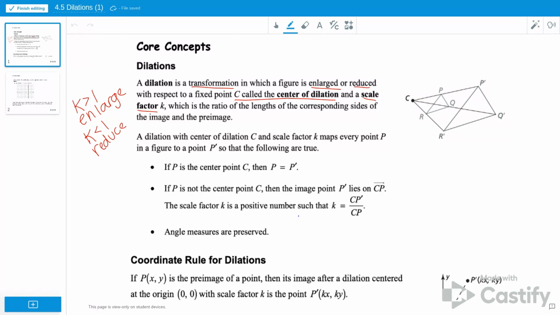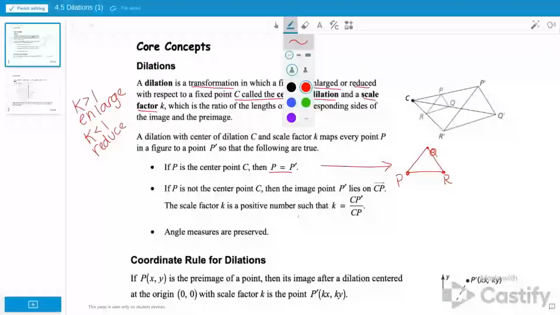So a dilation with a center of dilation C and a scale factor K maps every point P in a figure to a point P prime so that the following are true. So this first one, if P is the center point C, then P equals P prime, which you're like, what the heck does that mean? So what that means is if I said we had a shape here, P, Q, R. And so if I had that and I said, okay, let's dilate this by a scale factor of 2. So if I say K is 2 and I want my center point to be P,